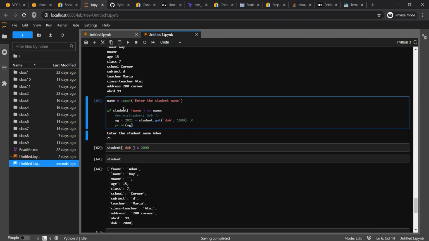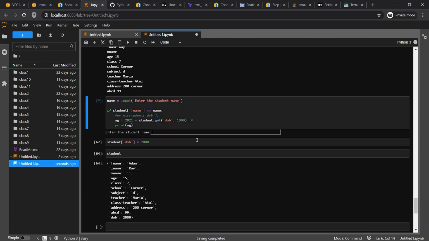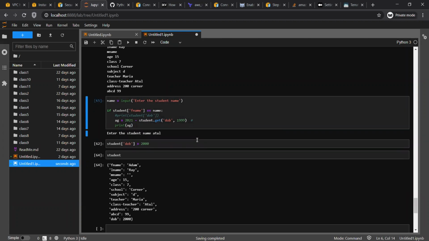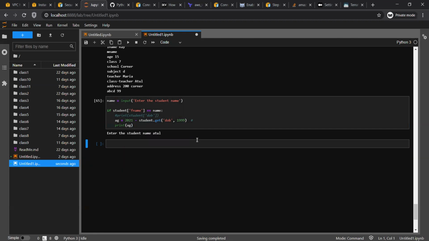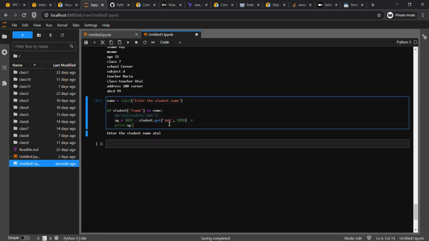So the same scenario: if someone has entered Atul, and it did not return me anything, as a user I'll be confused. Like, what happened? Whether the program ran or not, right? That's why we have to think from a consumer perspective. Who is going to use that program?